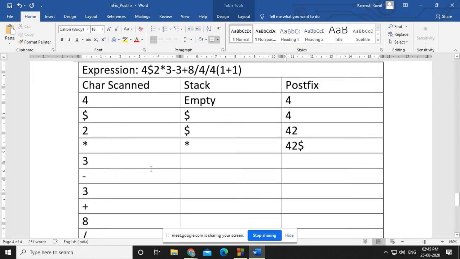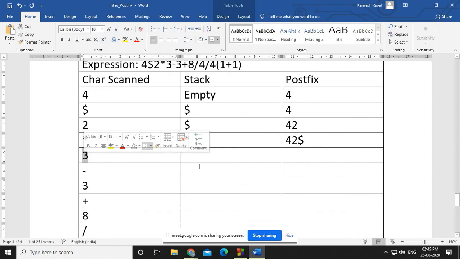Fine. Now what you have is 3. Now 3 is an operand, so the stack doesn't change, but here what you have is 4 2 dollar and 3, right? Then the minus sign is there.